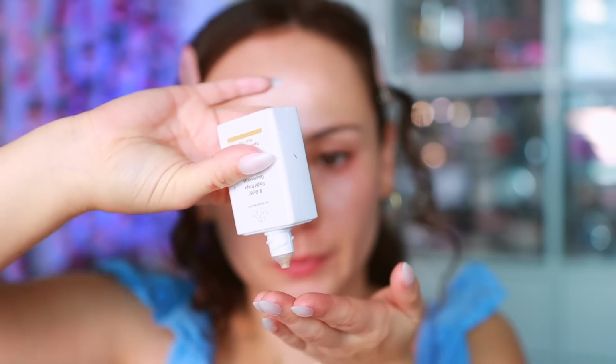It really wasn't bad, but I felt like it had much more of a natural, creamy look when mixed with another product. And if you look at the suggested use on the back, they do say to add a drop of any Drunk Elephant serum or oil or cream to get that look. So definitely mix it in with something that's going to hydrate the skin, but it does add a pretty glow. I definitely need to use this more because this is one of the products that today was actually my first